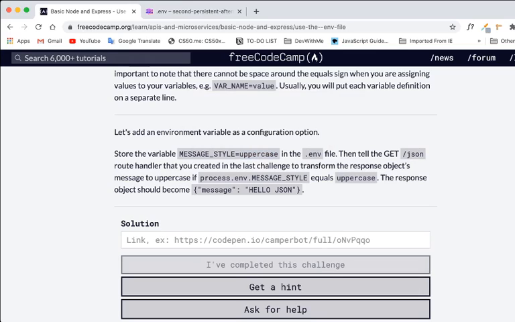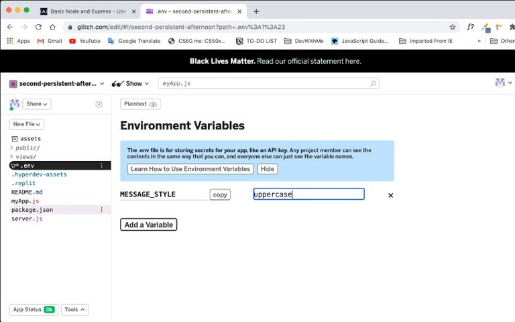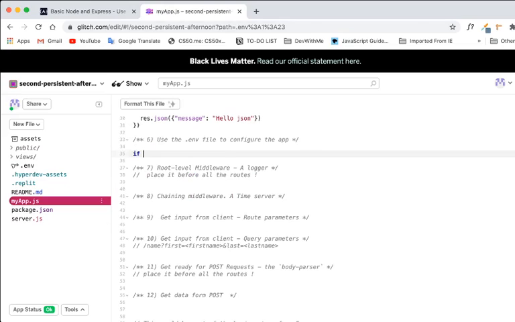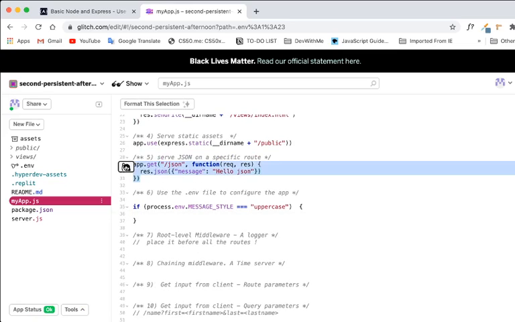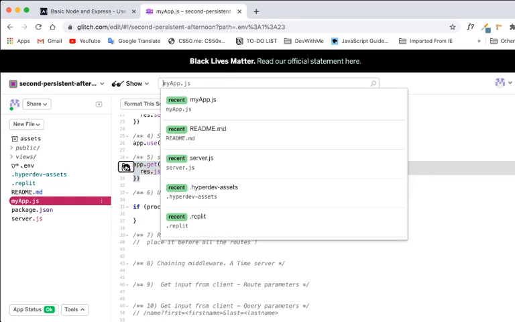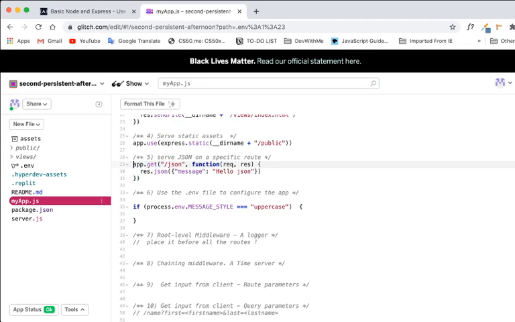Okay, so we want to say something like, if it equals uppercase, then we can go ahead and say, so let me comment this line out. And here we can say